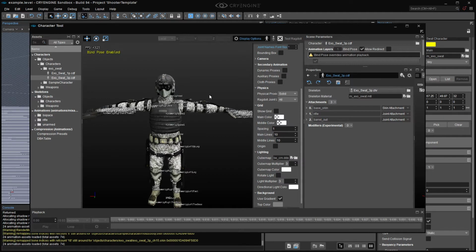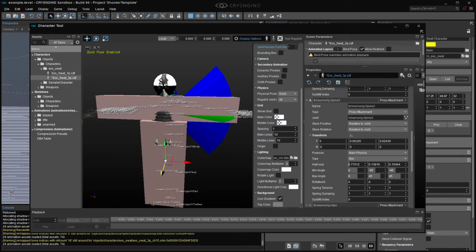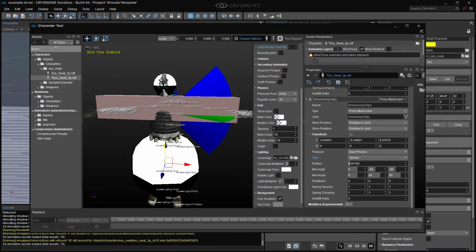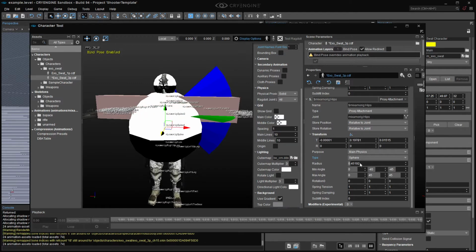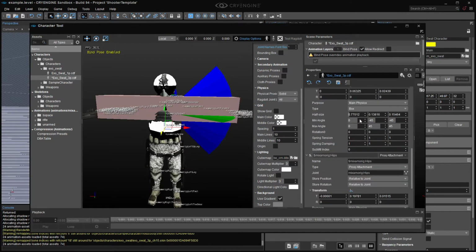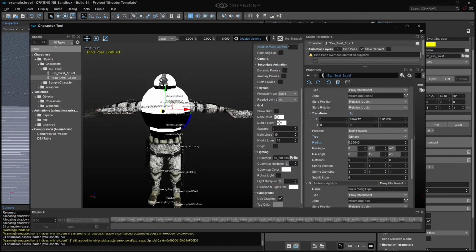So that's what we'll do. We'll add 3 in this case. So we'll go ahead and add one to the head. We'll add one to the spine, and then we'll add one to the hips. And then we'll go ahead and change those shapes, because they're arrow shapes. We'll switch those to spheres. Move this one up a little bit. Shrink it down just a little bit, and then we'll go to the second one. We'll change that one to a sphere, that one down,